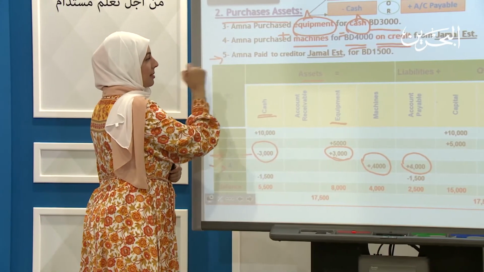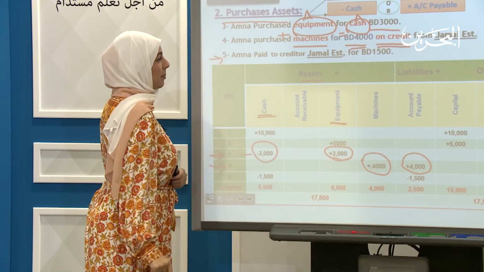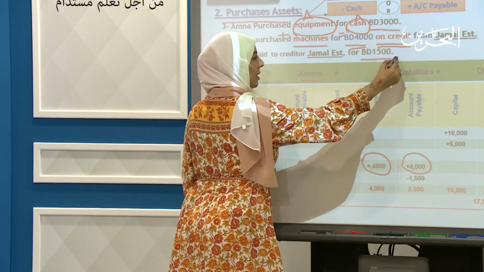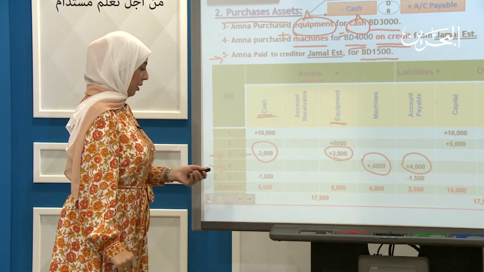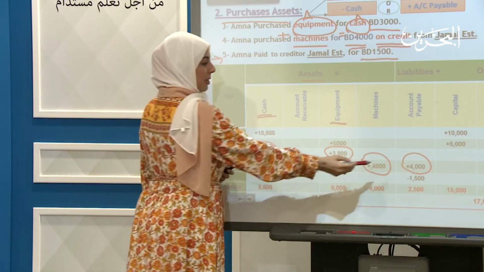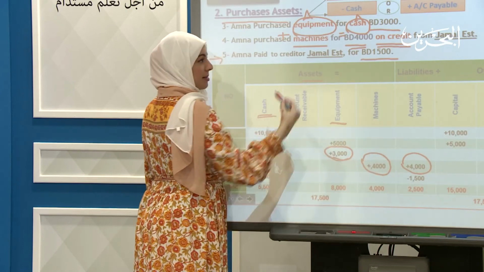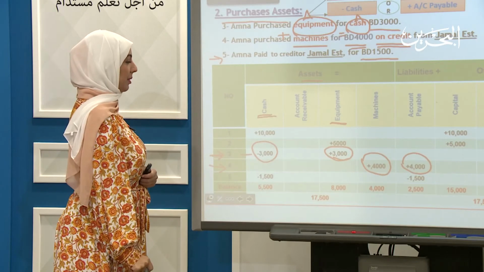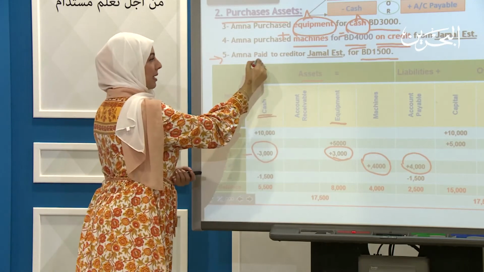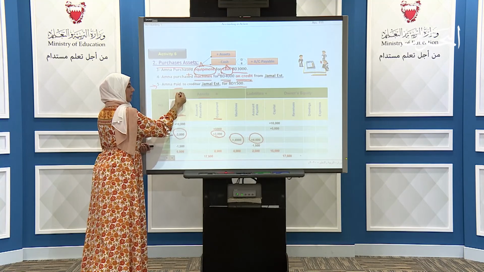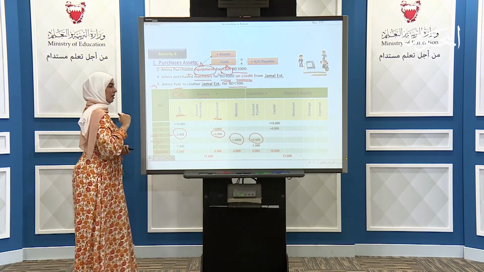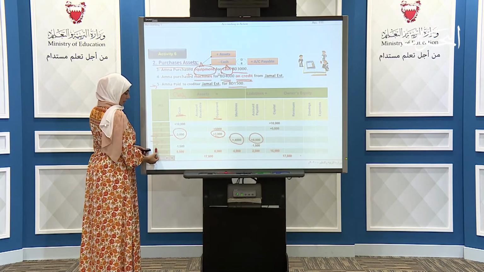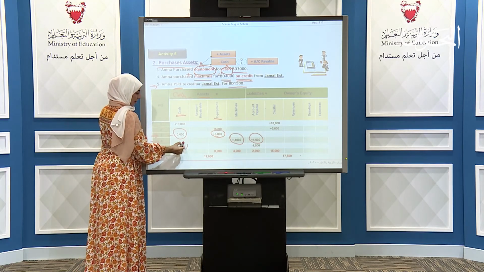Moving to the last transaction in this part, Amna paid creditor Jamal establishment 1,500. Before, in transaction 4, I had a liability of 4,000. In transaction 5, I pay part of this liability. If it is paid, the cash for me will decrease. So I will come to the asset section under the cash for transaction 5 and I will decrease the cash